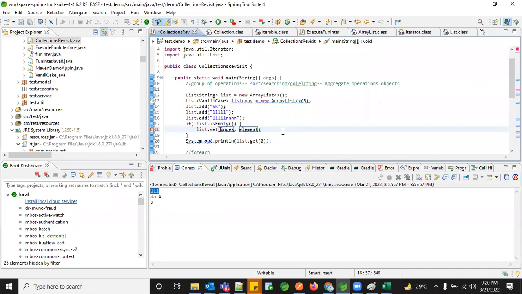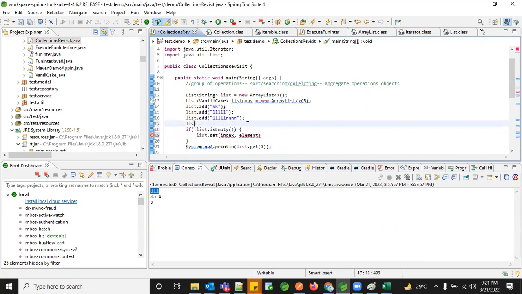But what I'm saying is that on removal, there's one more additional task: it has to realign the entire list object because an element is moving out of your list. Whereas in set, you're just changing the data, you're not removing the element. Say we are removing the 5th element. If I'm using list.remove and giving the position of 2, which is my last element, then there is no burden of realigning. But in general, if you're giving anything in between, say I'm giving one position,